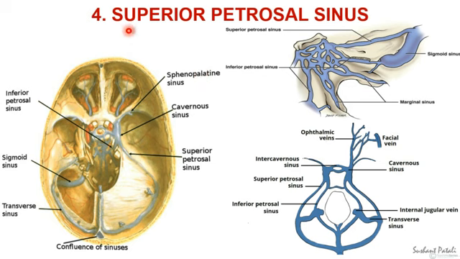The fourth paired dural venous sinus I am going to talk about is the superior petrosal sinus. The superior petrosal sinus basically conveys blood from the cavernous sinus to the transverse sinus. So each sinus lodges in a groove along the upper border of the petrous part of the temporal bone, and it is situated in the lateral attached border of the tentorium cerebelli. Close to the apex of the petrous temporal bone, each sinus crosses above the trigeminal nerve.